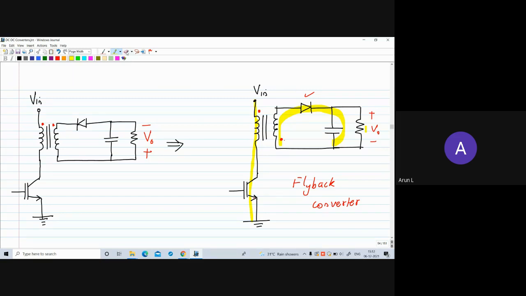Why does the diode turn on? Let us see. Initially, when the switch is on, this terminal will be positive and this will be negative, and this dotted end will be positive and this non-dot end will be negative. The moment you switch off this IGBT, immediately the polarity of this primary inductance will change and it will become minus here and plus at the bottom. Similarly, this polarity will also change. So when this upper end becomes positive, it will drive this diode into conduction and the power will flow into the load.